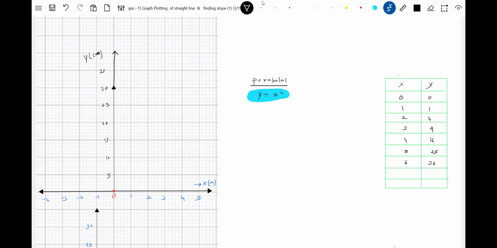Now put x equal to 0, y will be 0; x equal to 1, y will be 1; x equal to 2, y will be 4; x equal to 3, it will be 9; x equal to 4, it will be 16; x equal to 5, it will be 25; x equal to 6, 36. What is the curve? The curve will be